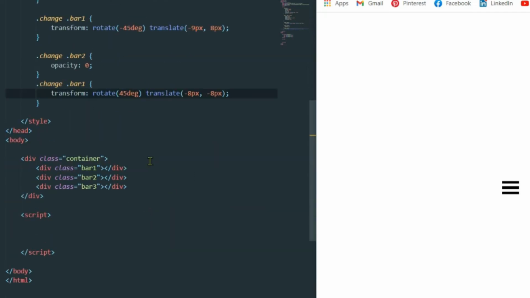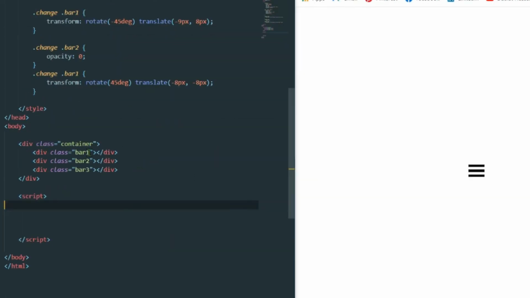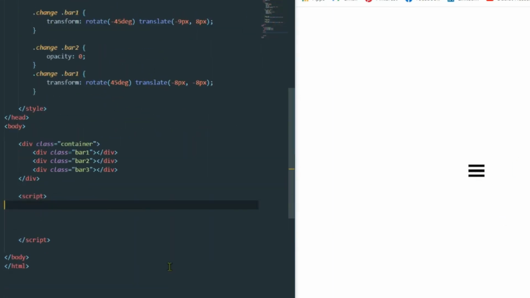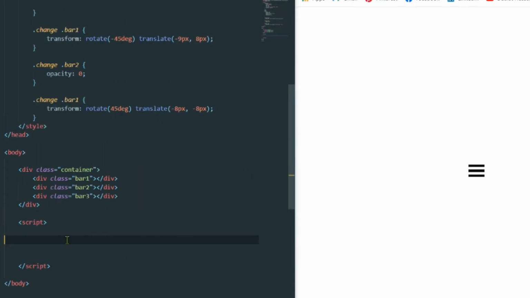So to get that animation, we are done with the CSS part. To get that animation working, whatever animation code we have written here, we have to write a JavaScript function. So let's start working on it. Let me format my document, and I'm going to add a function by the name my function. This is the function name which I'm using,